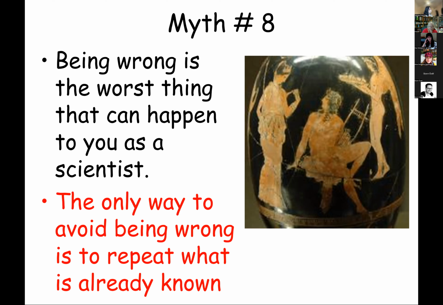But, and this is not a justification for being wrong, you should always try and do all the controls that you can do to try and not be wrong. But the only way to avoid being wrong ever is to repeat what is already known. And this is really, really important, because if you're really trying to work at the boundary between what is known and what is not known, you are bound every now and then to make a mistake, because you won't necessarily know how to interpret something because there's something that isn't known or understood, or you don't do the right controls because you wouldn't even know what the right controls are. And so,